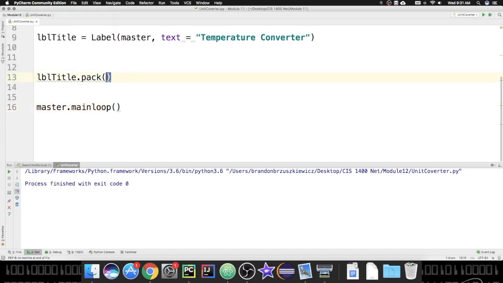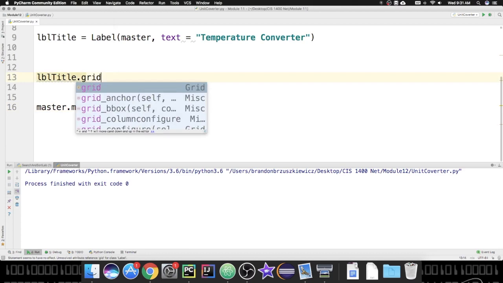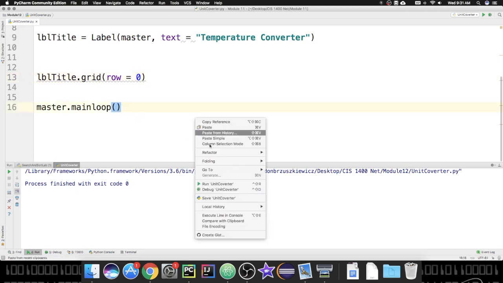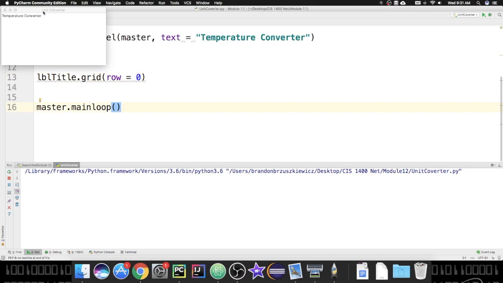Now I'm actually going to change that and go to grid, and change the geometry manager. In grid, you have a couple options that you want to work with. First of all, I want to say row equals 0 and maybe column equals 0. If the column or the row is going to be 0, you don't necessarily have to state that. It just defaults to 0, 0. But I'm going to put it at 0 anyway, and it's going to look identical to the pack, except now